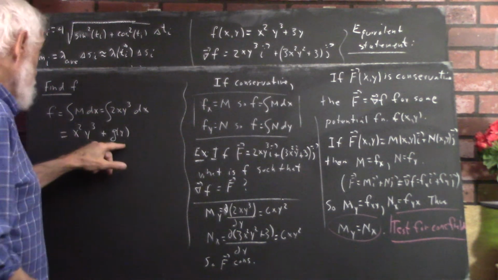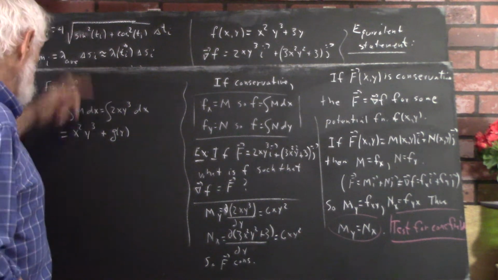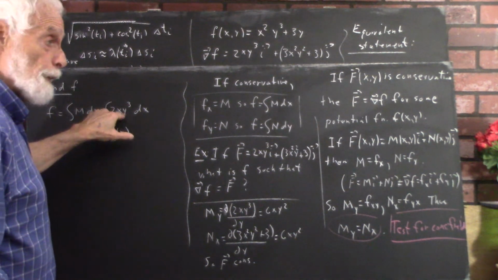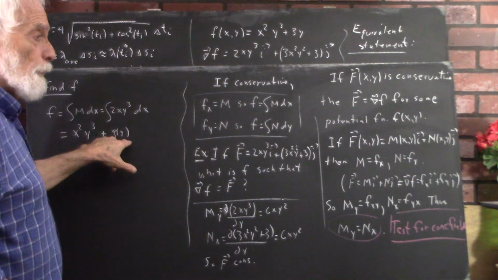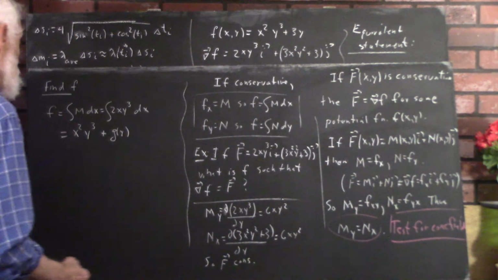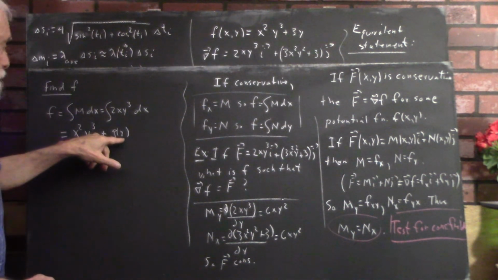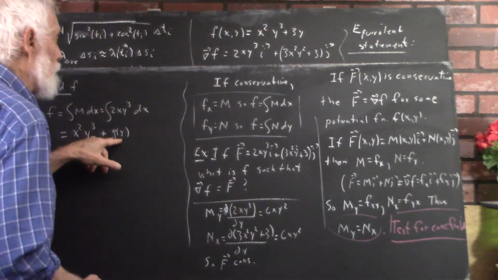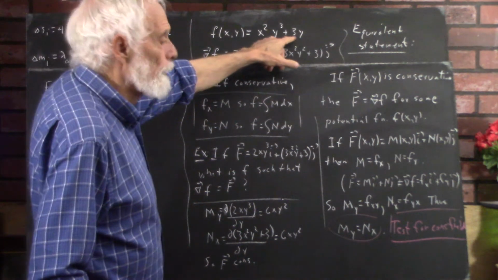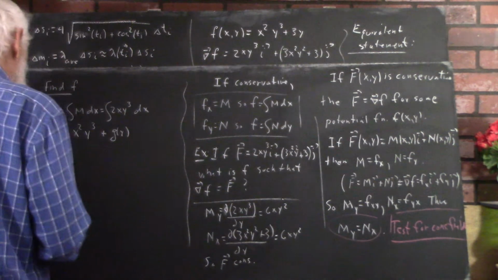Because if we take the derivative of this with respect to x, we should get this, and we do. The derivative of this clearly is 2xy cubed, and the derivative of g of y with respect to x is 0. So, nowhere to go. Okay? That's no problem, so we know that we could add any function of y, which is going to allow us to add our 3y. But to find out that we've got to add 3y, we'd better go ahead and say